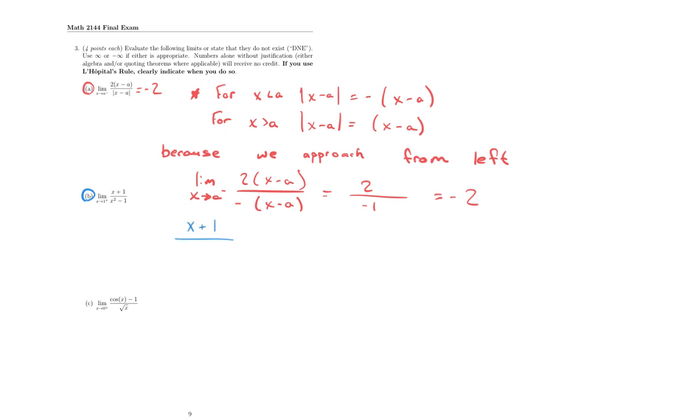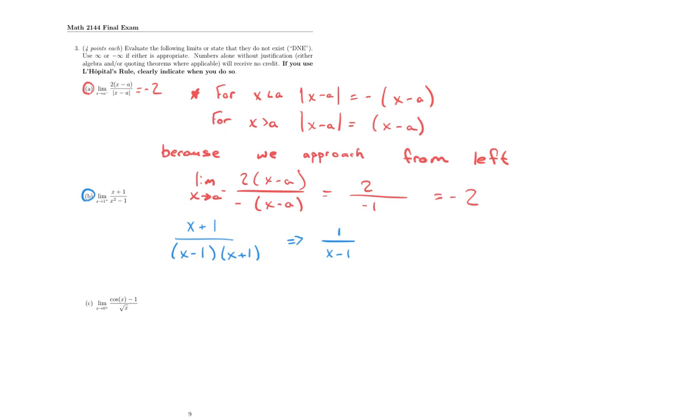So if I notice that this is a difference of squares right here, what we can do is say that this is going to be x minus 1 times x plus 1. So now I can see that I can actually just take this x plus 1 and cancel those out, and now say that this is going to be 1 over x minus 1. This still doesn't quite help us though, because if I try evaluating this as x approaches 1 from the right,